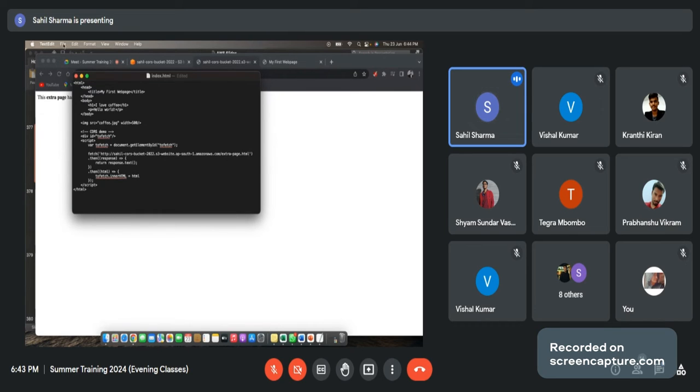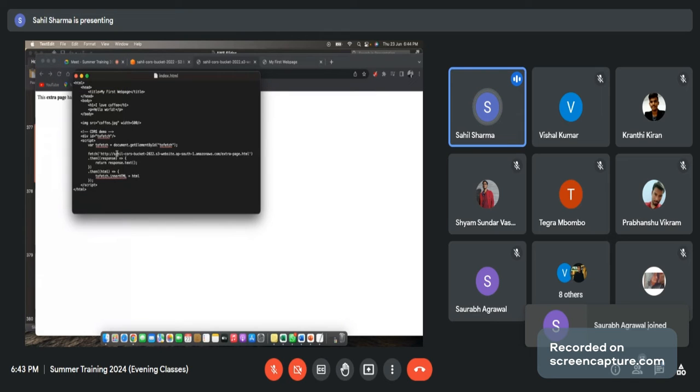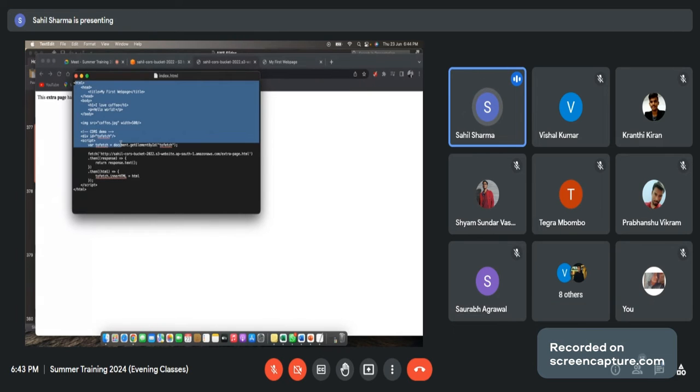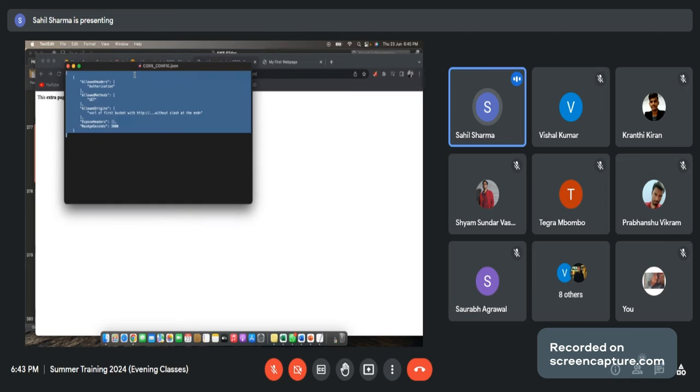So let's save this index file now. So this is the new URL instead of this. Now what I'm trying to say is that okay, this is my web page from the main bucket. Now if you want to fetch the extra page, go to this hyperlink from the different bucket, and there is a name with the extra page.html, and fetch it from here. So this is what we have written. Let's close this and